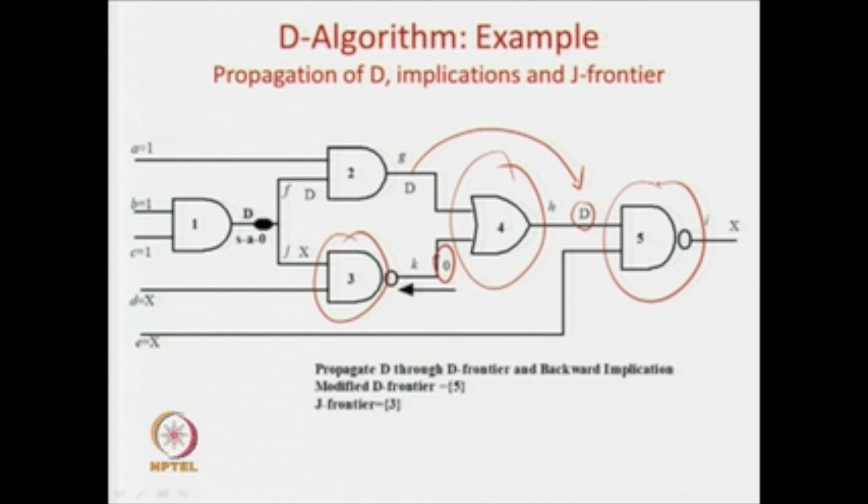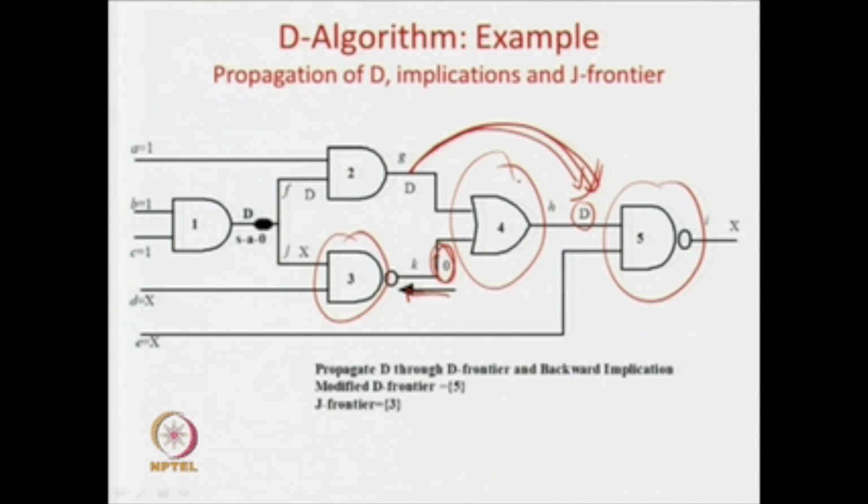So, what we have seen is that whenever there is a propagation of this D or D prime, some new D frontiers and J frontiers arise. In this case, you propagated the value from here to here. So, immediately 4 is deleted from the D frontier list, but it creates a problem for this. You have to find out what the signal value is here, and then it also creates